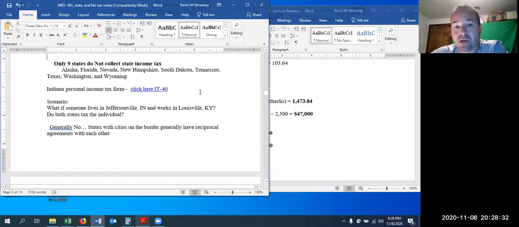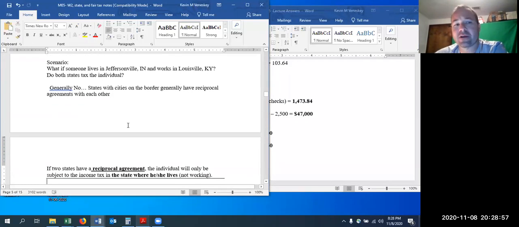All right, so if you're not sure what the Indiana income tax form looks like, you can click here. You probably see it once a year, so you're not real familiar with it. But if you're interested, you'll see down towards the bottom of page 1, where you actually calculate your Indiana income tax. It'll show you there to multiply the number just above by 3.23%. You'll actually see it there on the IT 40.